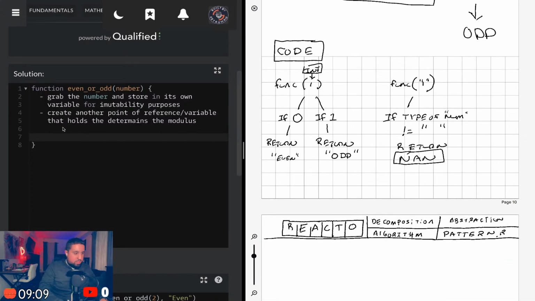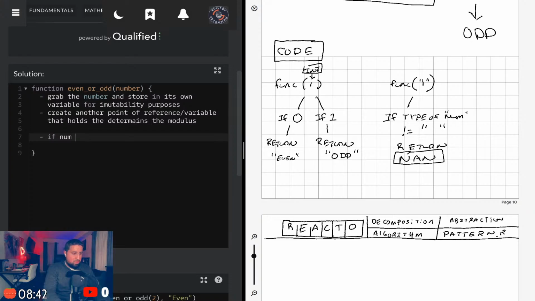Okay, so let's just write this out in the pseudocode. All right, so we're gonna say if, so as I get the number, if, and I don't know what I'm calling it yet. Num, I'm gonna call it num because this is number, because I'm storing it again in a different variable.